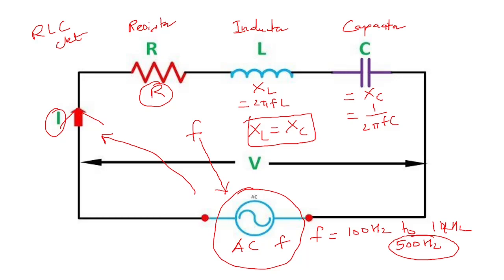Otherwise, on all other frequencies, either the inductive reactance is more or the capacitive reactance is more, and they will not get cancelled out. So the total effective resistance in the circuit will not remain only a resistor, whereas the inductor and the capacitor will also have an effect. So that effect where the inductive reactance and capacitive reactance get cancelled and only the resistance effect remains in the circuit happens for a particular frequency, and that is called resonating at a particular frequency. So this is resonance, series resonance.